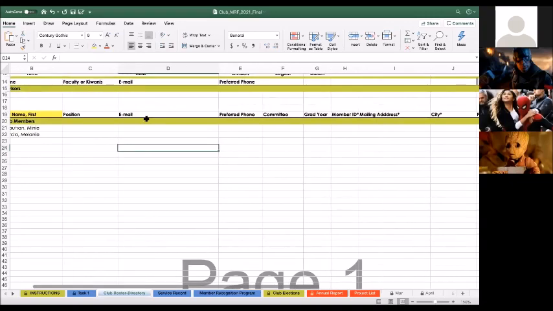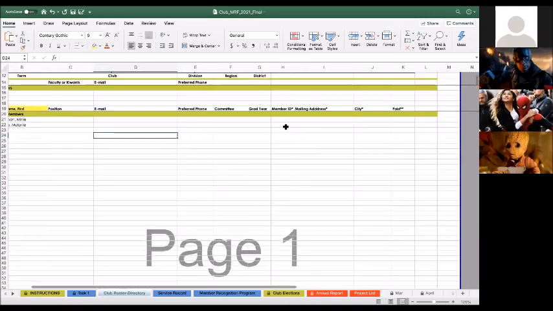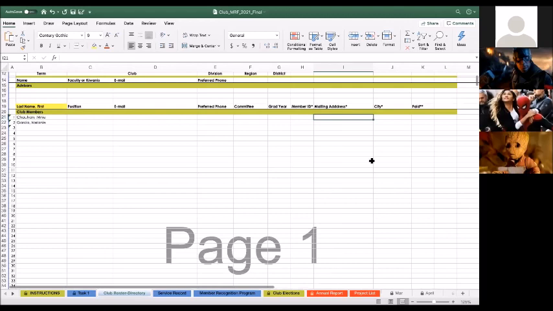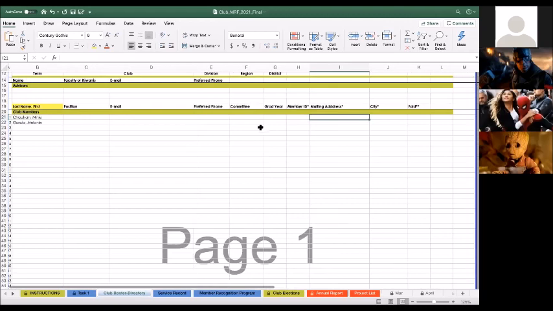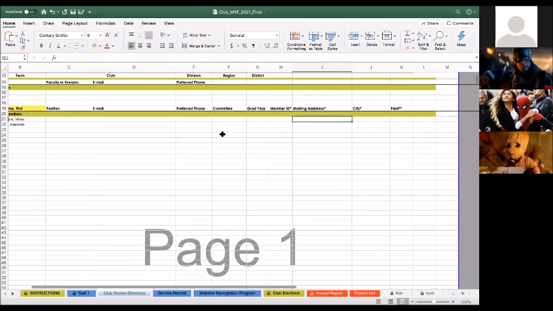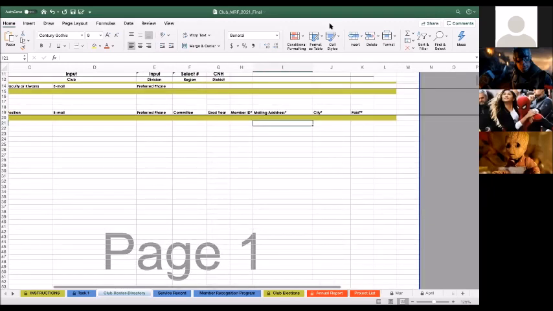I know a lot of clubs will obviously not know the address of every single one of their members, or the grad year or committee. They won't know every single thing. But a couple things that I suggest you should really put are their position, email, phone number, so you can contact them if you need to, and dues paid.